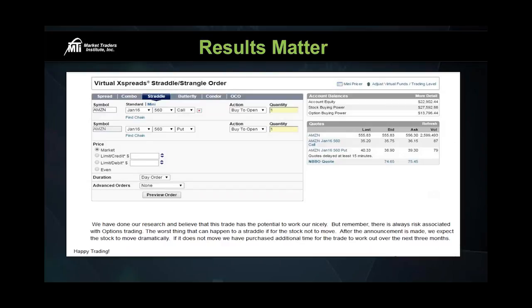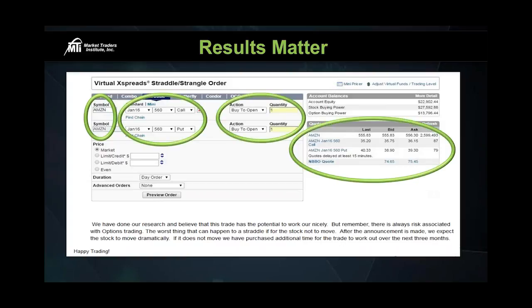Or if you're trading in a demo or practice account, see how the trade works out. Even if you don't make the money, at least you'll be a little bit more comfortable the next time an opportunity like this pops up. So in that email, on this order form, we'll show you which stock to trade. We'll show you which options to take. We'll show you all the buttons that you need to push. It's going to be right there. If anything, you're at least going through the motions, acting as if you were an actual options trader here.